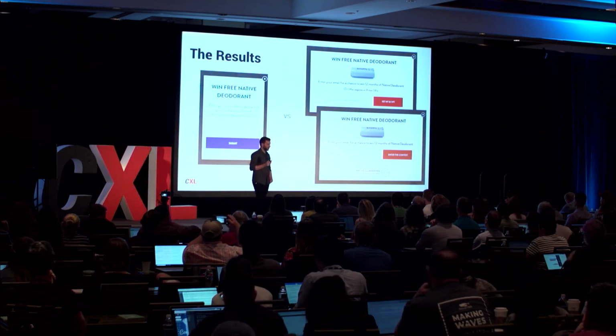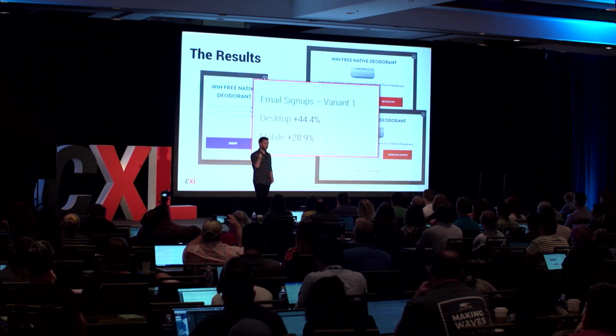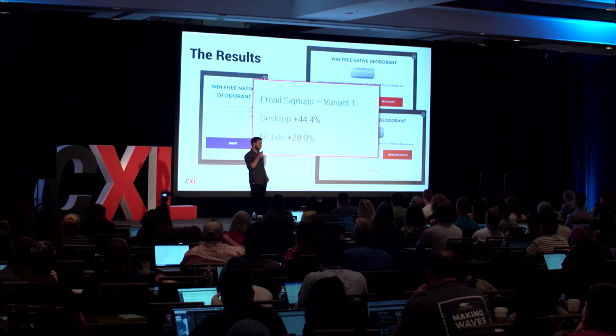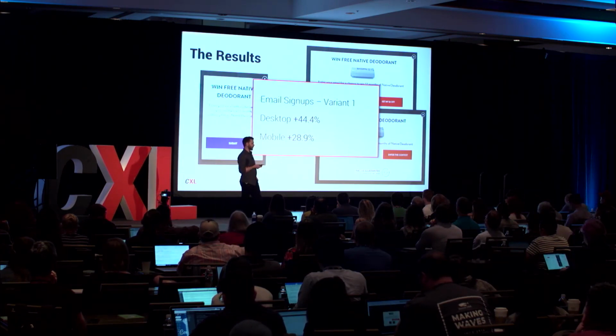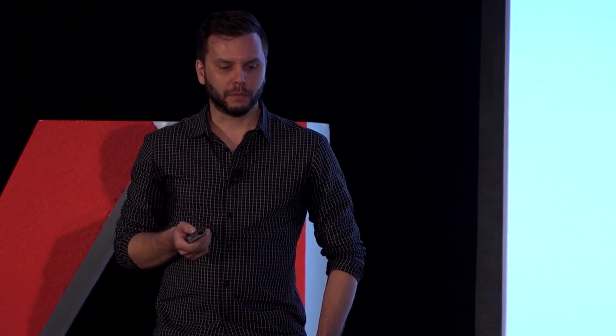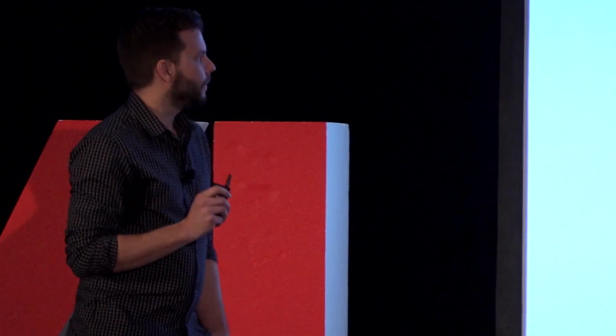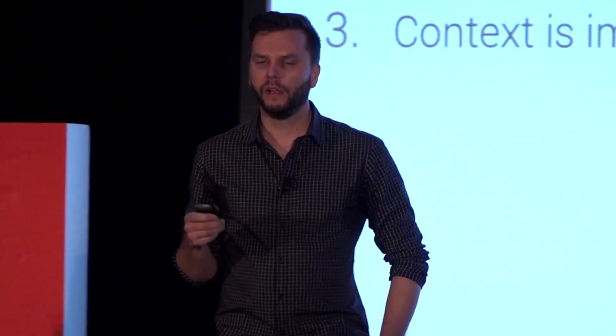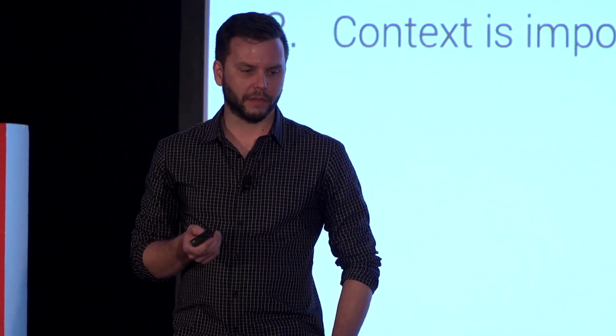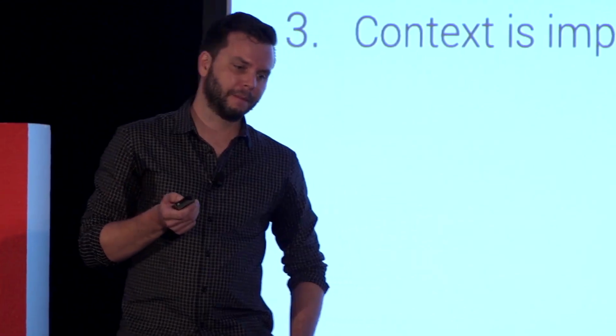And then the results for this, also pretty good. Not quite as impressive as the several 100% in the Click and Grow example, but a 44% increase on a list like this. They have pretty good volume, so they're actually pretty excited about this. Almost 30% on mobile. And in both of these cases, the e-commerce metrics were actually just even. There's about a 0.25% discount, but nothing too interesting there.